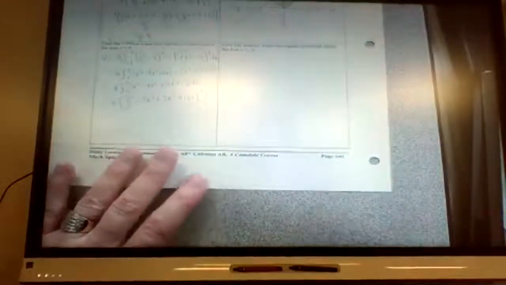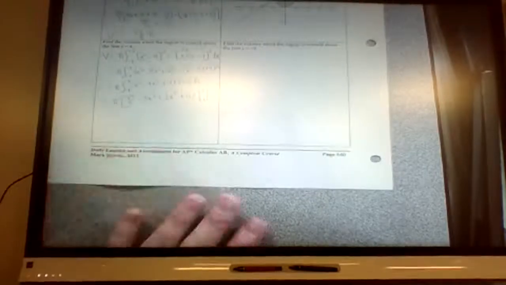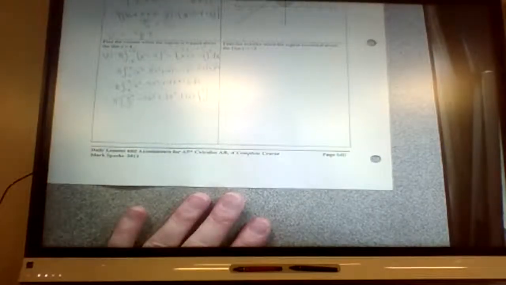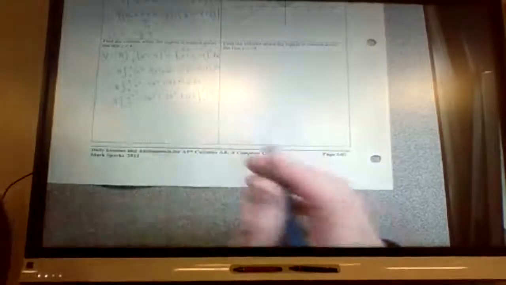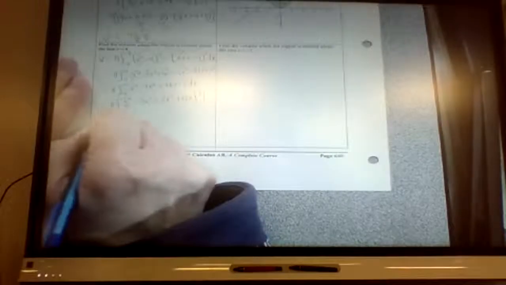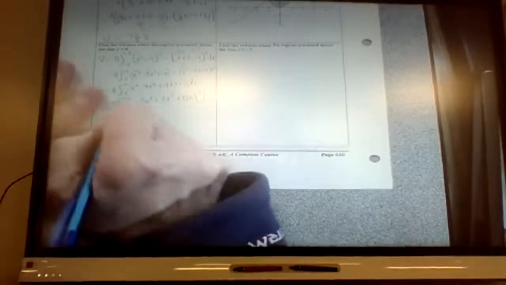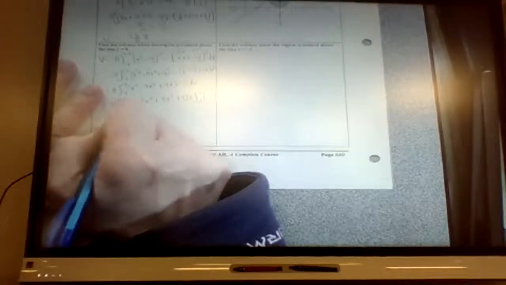Check my antiderivative against your antiderivative. Don't check yours on mine. You'll see if mine's right. If we all concur, let's move on. So that's going to be pi times 32 over 5 minus